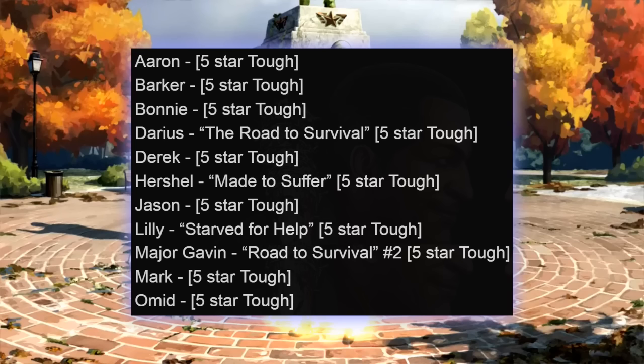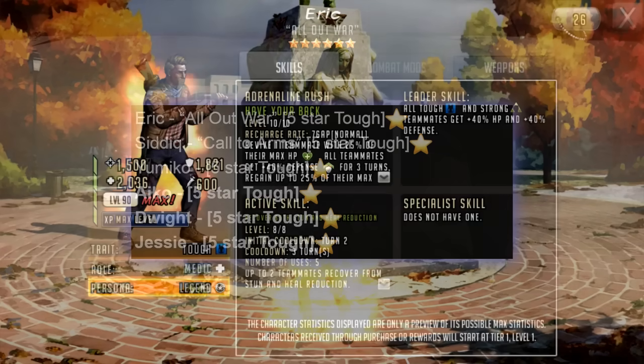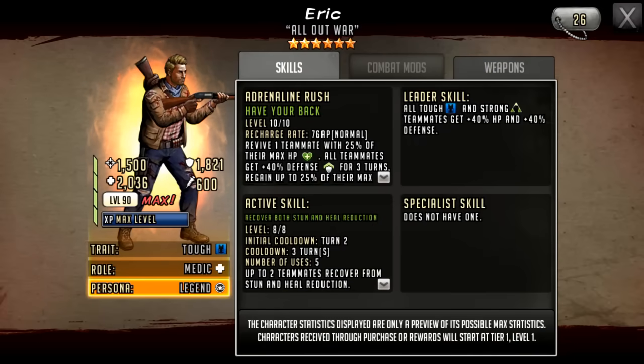Now we move on to the tough characters, and the non-Ascendables are Aaron, Barker, Bonnie, Darius, Derek, Herschel, Jason, Lily, Starved for Help, obviously she is a Telltale character, Major Gavin, Mark, and Omid, who is a Telltale character as well. There are quite a lot of tough Ascendables, however, within Ascendance, and there are quite a few new ones. First up we have Eric, who is one of the only Generation 2